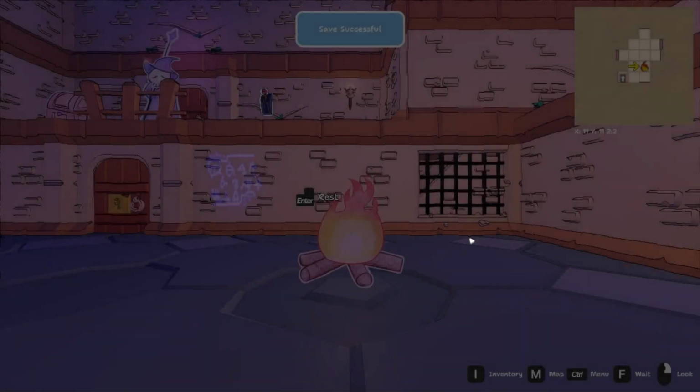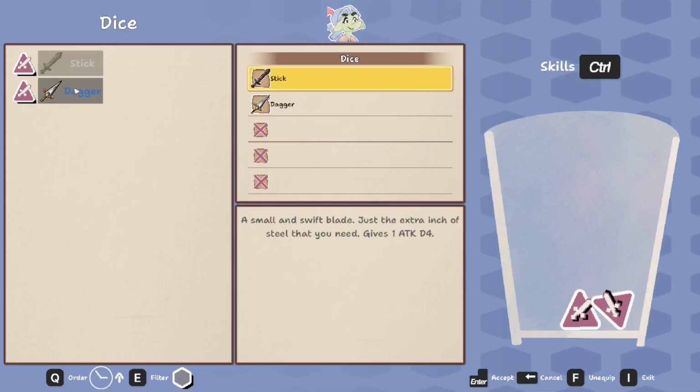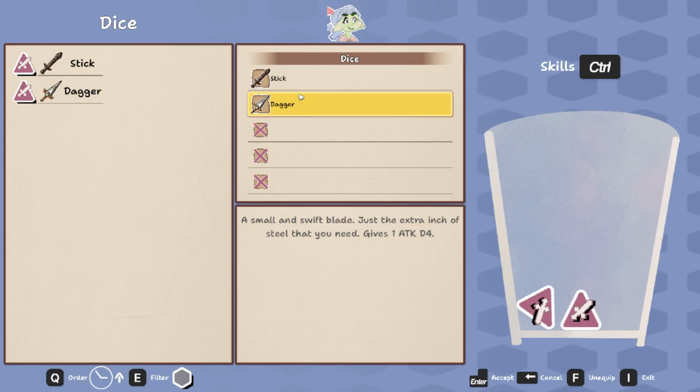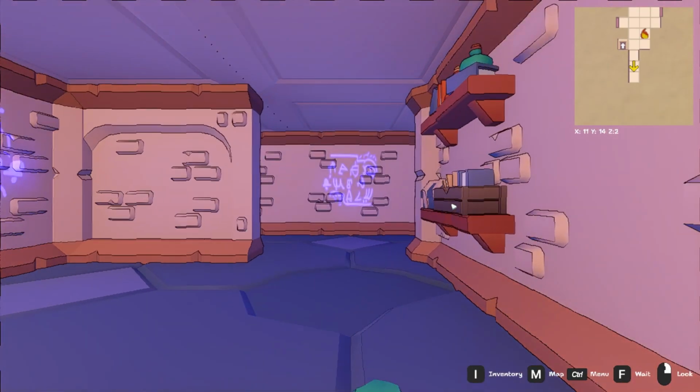all. By the way, I should point out our equipment screen. So I found a dagger in the tutorial, and basically you get to add it to your dice stack there, and each weapon has a particular die, or sometimes dice to go with it, and this gives one attack D4 dice. So that's equipped already, so we can back out of that, and let's get to our first battle in